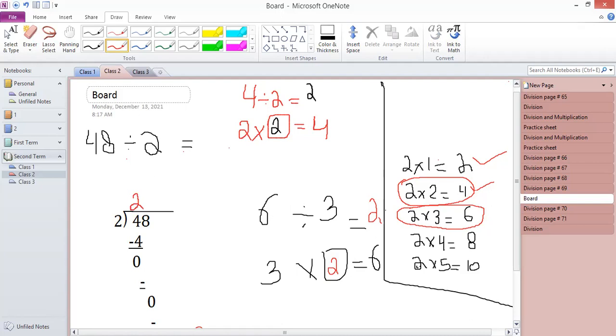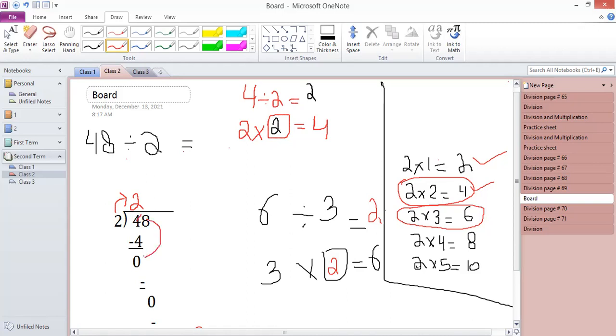The next step, guys, is to multiply the divisor with your answer. 2 2s are 4, and write 4 exactly below the number you are dividing. You are dividing 4, so write 4 below 4 after multiplication. Then take the difference. Is there any remainder? If no, then you write 0, like 4 minus 4 is 0. After that, you have finished division with 4.